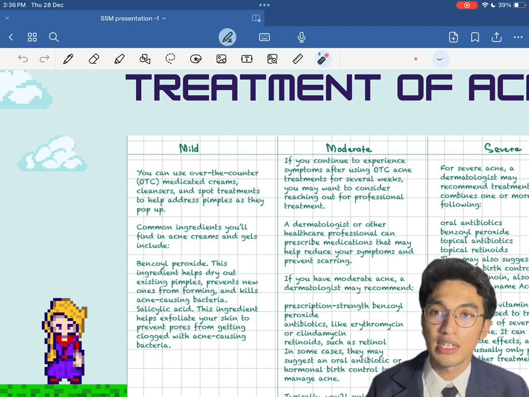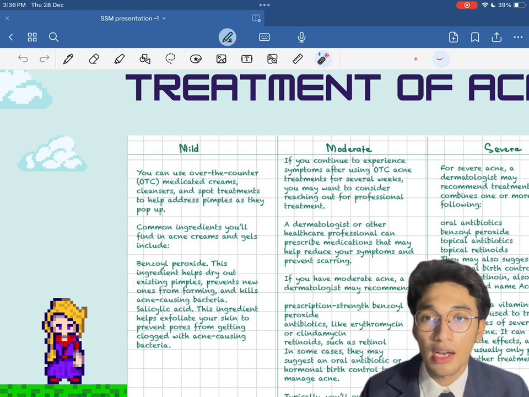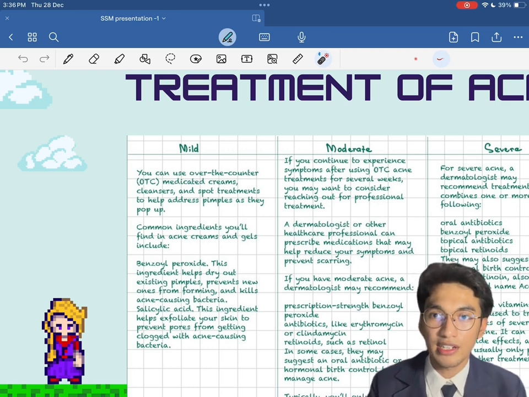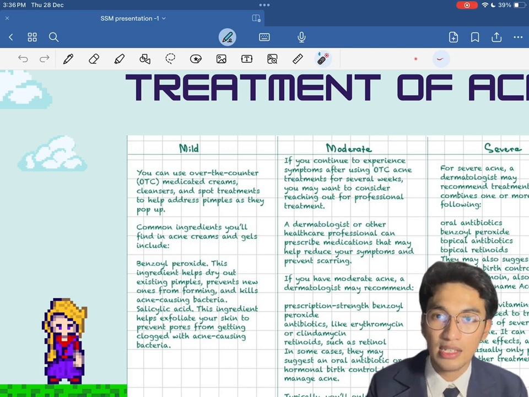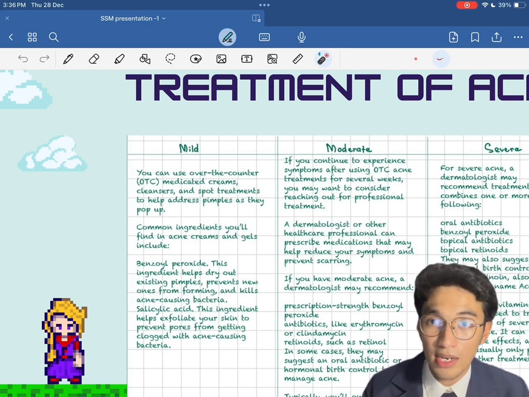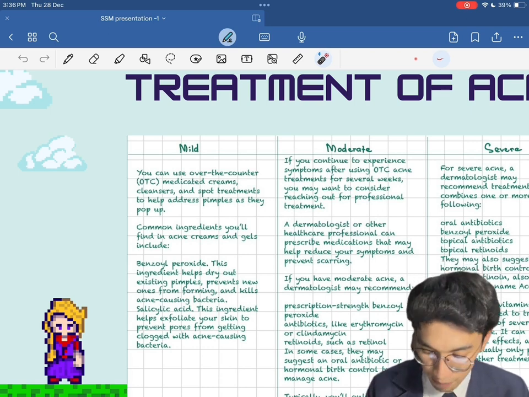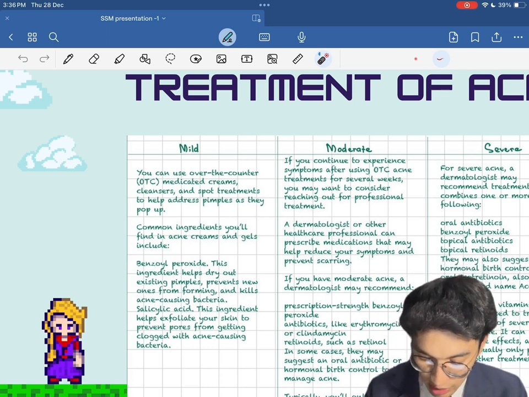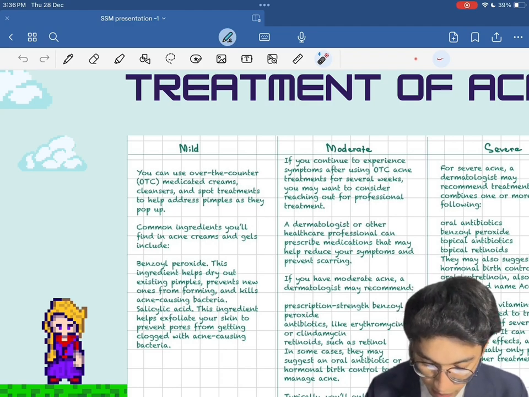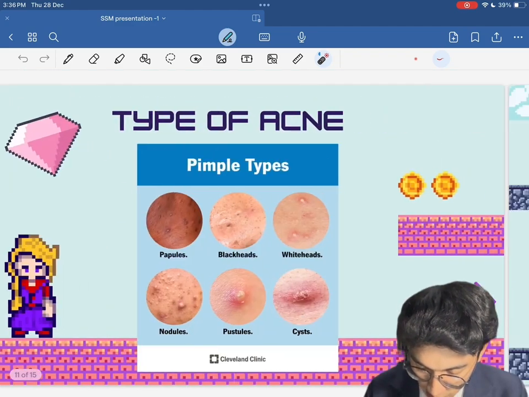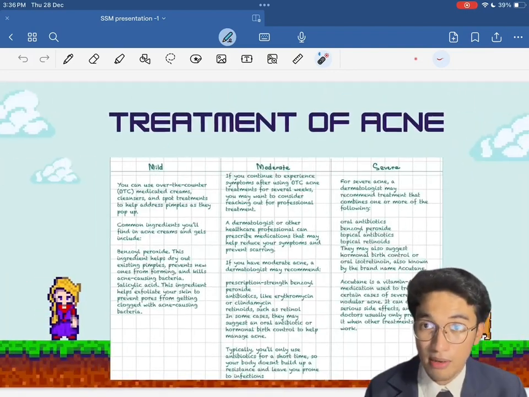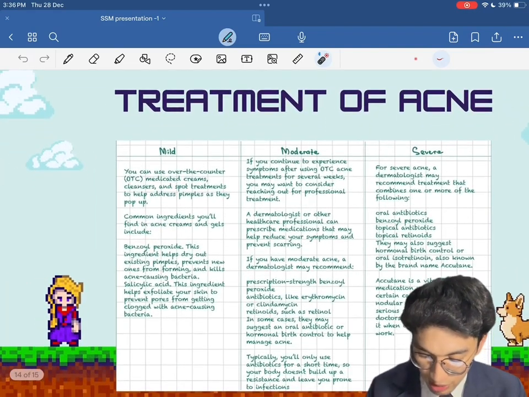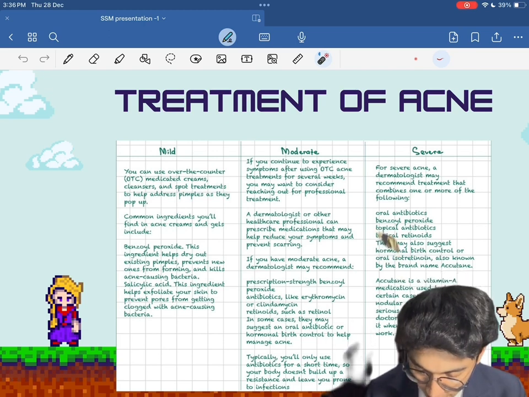For example, Hada Labo, Oxy, and other brands. They provide ingredients in their products that can reduce our acne if we have acne. So the common ingredient you find in any cream is benzoyl peroxide. Benzoyl peroxide is the ingredient that helps dry out existing pimples, treat new ones from forming, and kill acne-causing